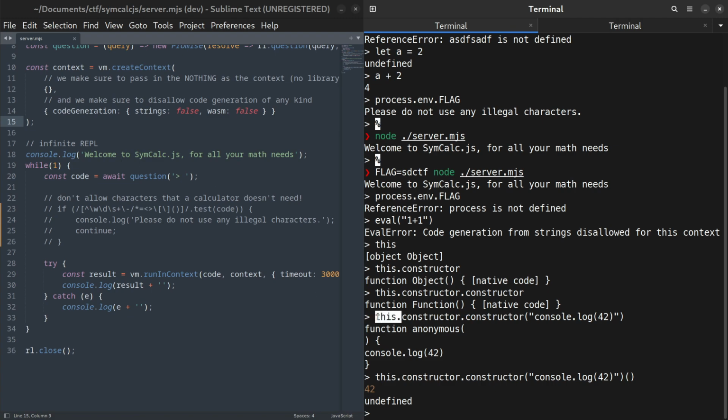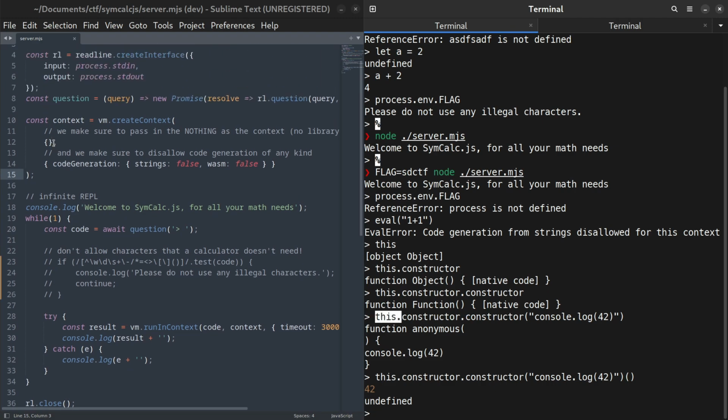This empty object that we're accessing with the this keyword was technically created before our jailed context ever existed. In addition, code that has been executed by this function is executed in the original unsandboxed context and should have access to the original process environment variables.